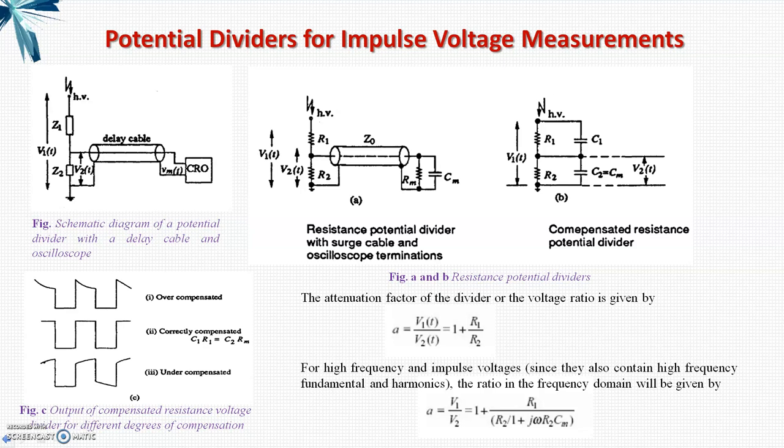Impulse voltage measurement by potential dividers. That is, the potential dividers or voltage dividers can be used for measuring a high voltage impulse measurement, or high frequency AC measurement, or to measure the transient voltage, either in a resistive nature, or capacitive, or in the mixed nature. Okay. This impulse voltage can be measured with the help of purely resistive, capacitive, and a combination of R and C.